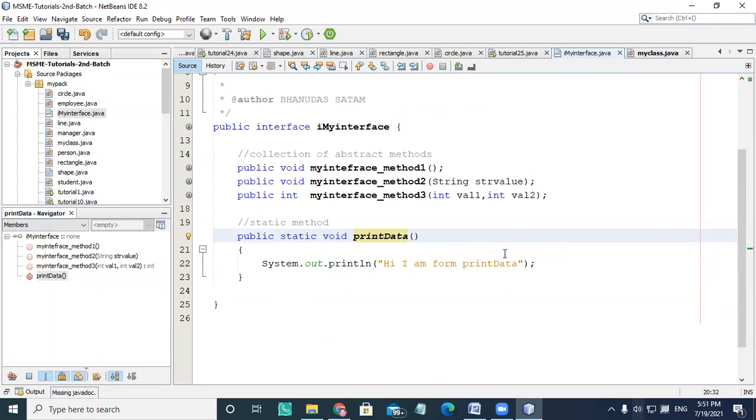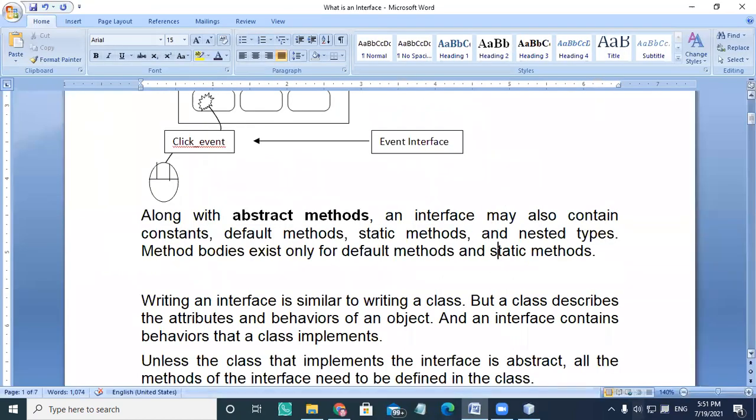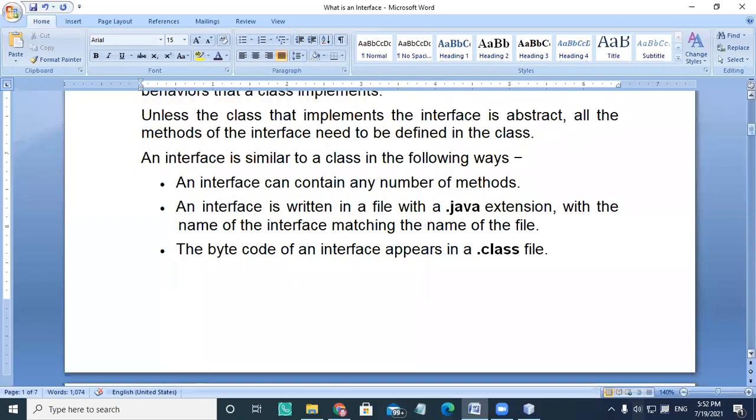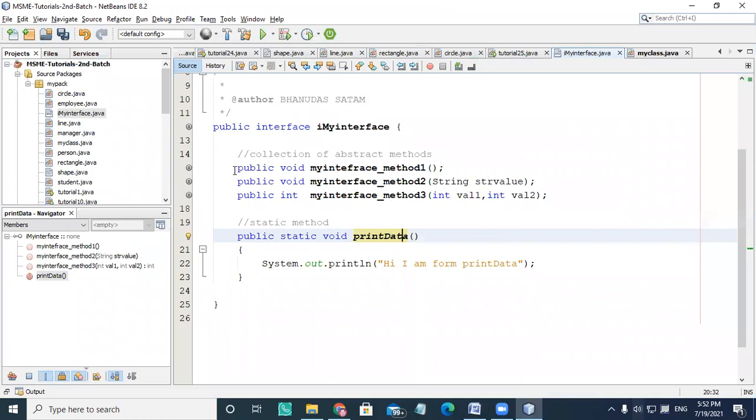What is the difference between the class and interface, we will see, and if I want to implement the static method, how I can.